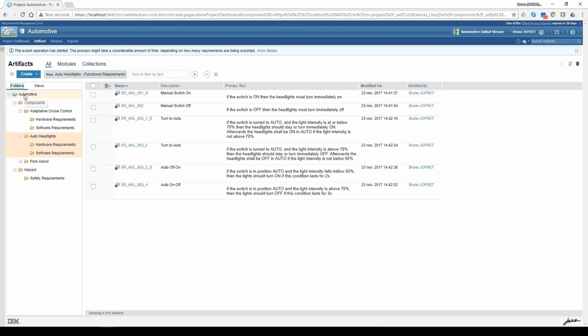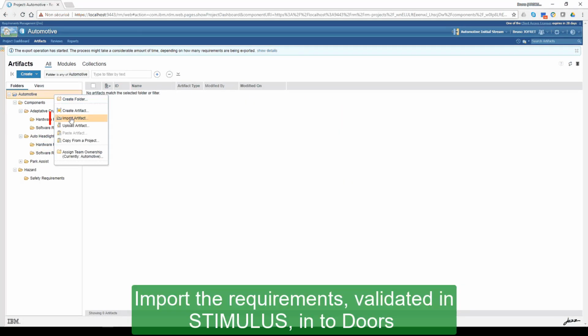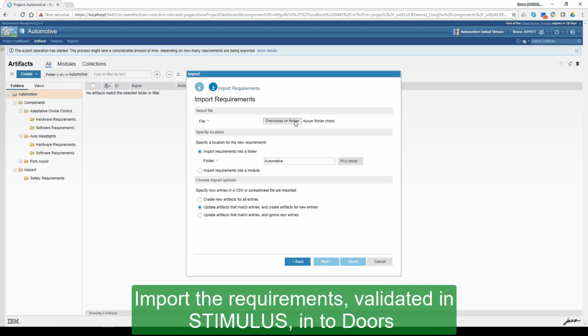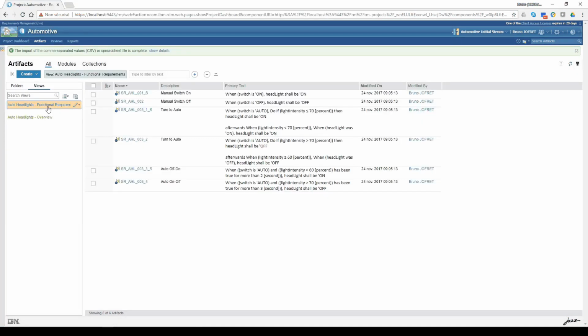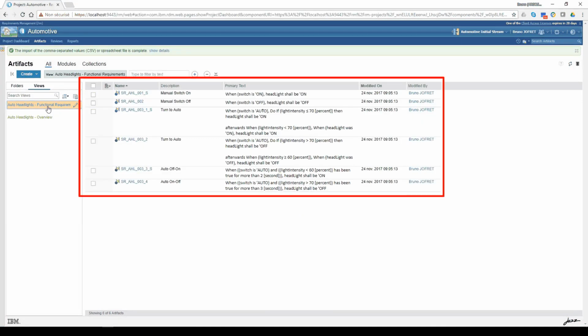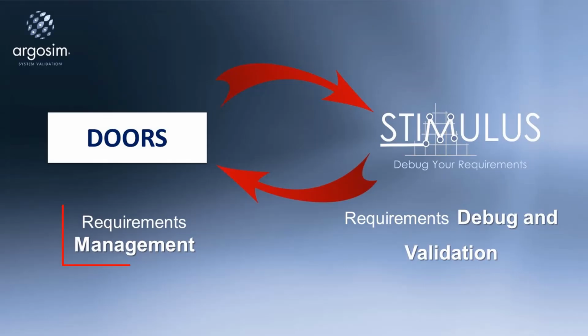From Doors, we import the Excel file created by Stimulus, and the corrected requirements, validated using simulation in Stimulus, are now stored in Doors. While still benefiting from your requirements management tools, Stimulus gives you the added capability to simulate